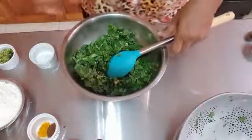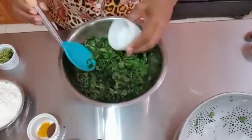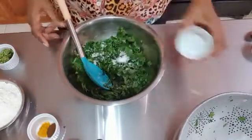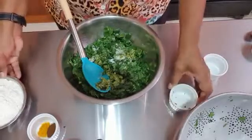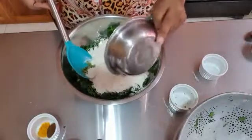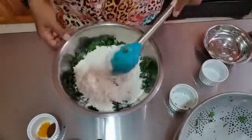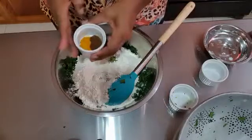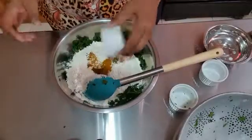Right, so I'm going to add my half tablespoon of flour, sorry, half tablespoon of salt. Half tablespoon of salt, 2 tablespoons of green seasoning, 2 cups of all-purpose flour, that's my phone ringing in the background, 1 teaspoon of jeera and cumin, or cumin as you want to call it, and the turmeric or saffron powder,